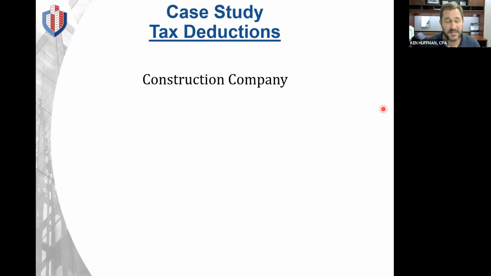Case study, this happened actually about 6 months ago. This particular business, a construction company, had a great year, and they ended up having around $1 million left over at the end of the year of net profit. I was in the room with the investment advisor and the CPA, and we were talking about things. The business owner gave the money to the investment advisor, upon which we talked about how you're going to write a check for $400,000, and so you'll have $600,000 to invest. And then we talked about the captive insurance company, what it could do for the business,